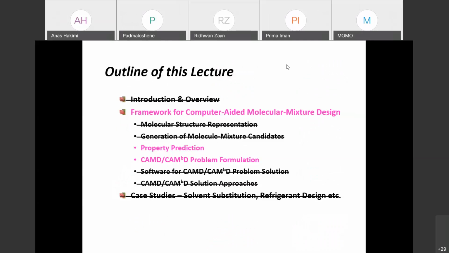So, and then generation of molecule mixture candidates. This is the last class I think, but we don't have class on Thursday, so sorry. So, generation of the molecule structure based on the constraints given, such as if you want a structure that has 2 CH3, 2 CH2 as well as 1 OH. We discussed that one already, as well as